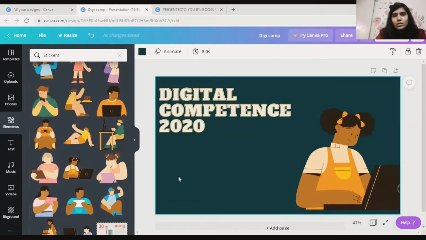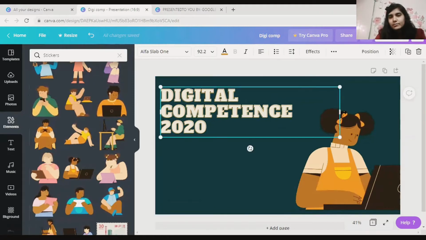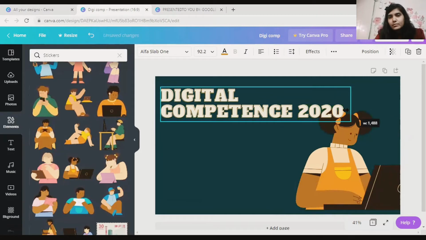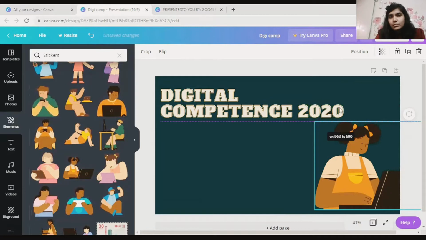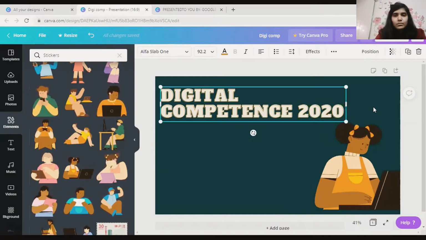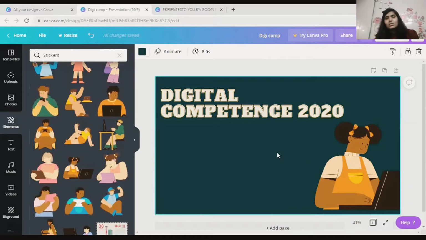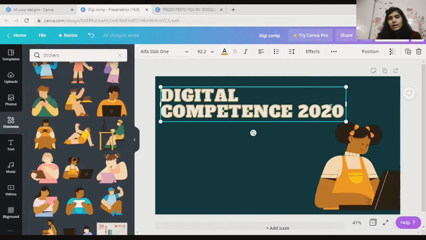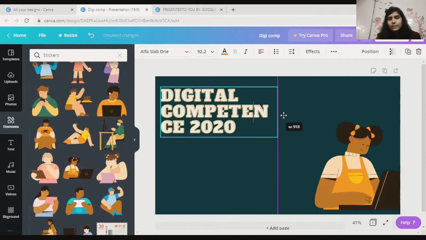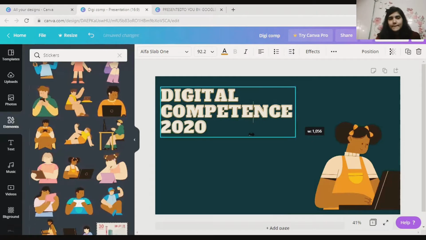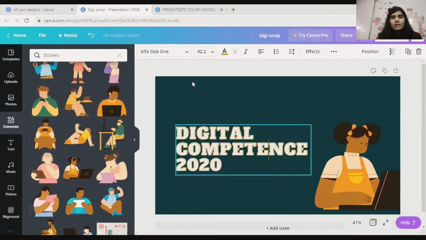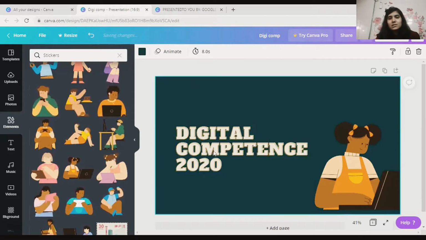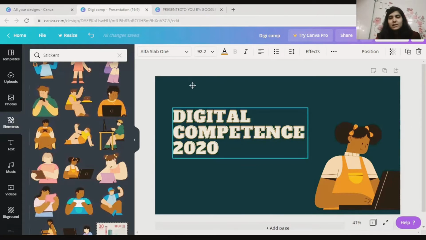Now if you want to add something at the start, we have already added this, but you can see here the whole space is empty, there's nothing involved over here.